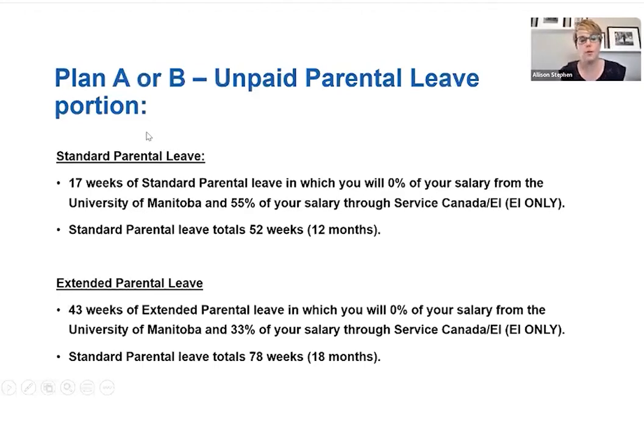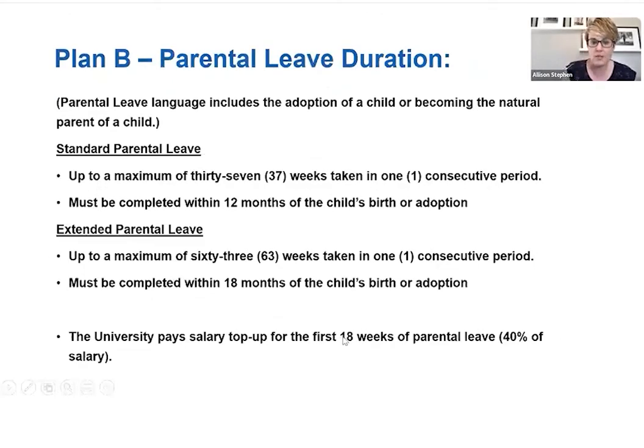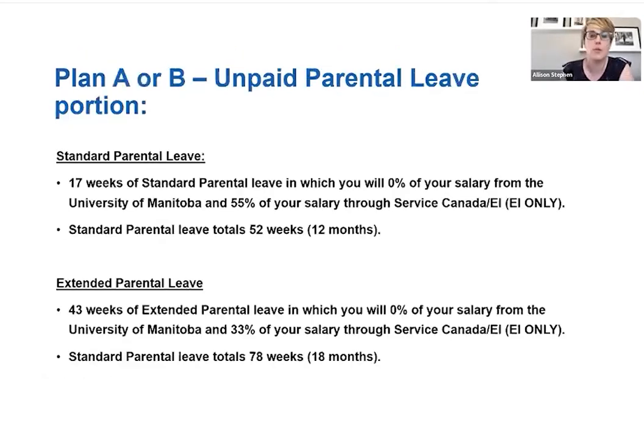Now, for both Plan A and Plan B, there's also an unpaid parental leave portion. So as I mentioned before, they only pay 18 weeks of parental leave. So what happens after that? If you want to be gone a whole year or you want to be gone 18 months, the rest of it is called an unpaid leave. That's how the university considers it. And so you are not receiving any pay from the U of M. If you were taking standard, you would get 55% of your salary for the remaining portion up to the 12-month mark. If you take extended, you would get 33% of your salary through EI